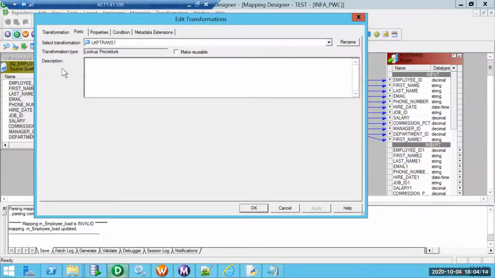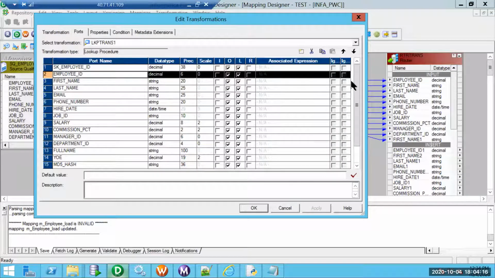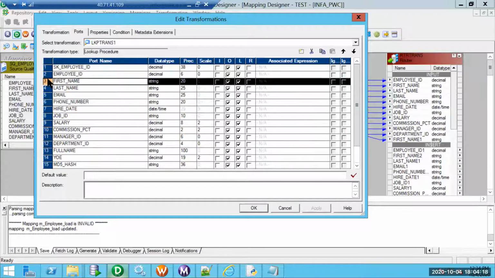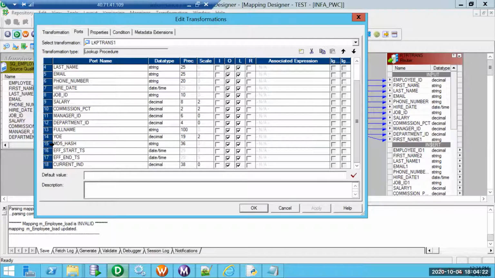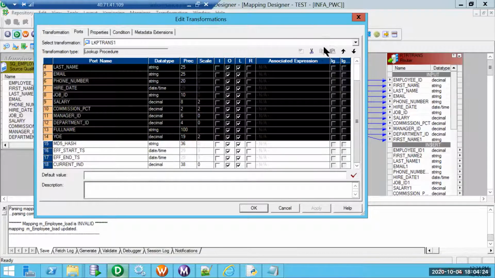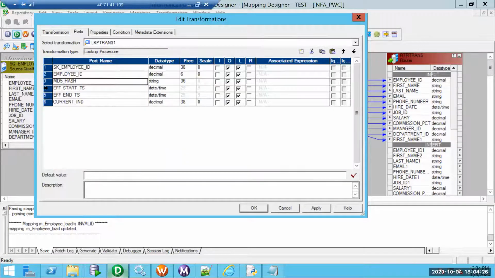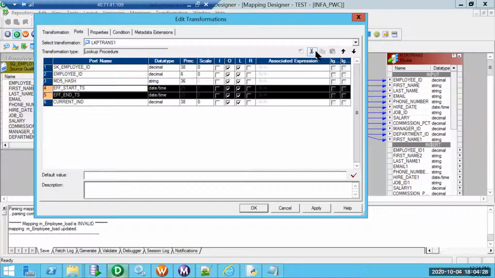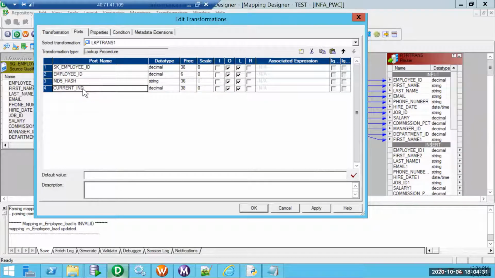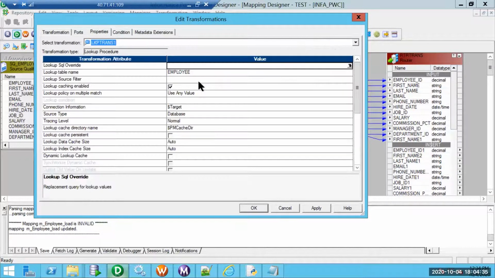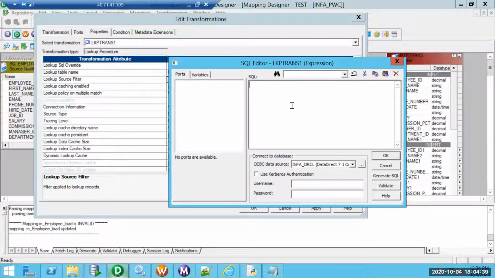I'll remove all other unnecessary ports other than what is needed. I'm going to join on employee ID, so I'll retain employee ID. I don't need this effective start date and end date. I'm going to filter on current indicator, with current indicator equal to 1, which is a filter.